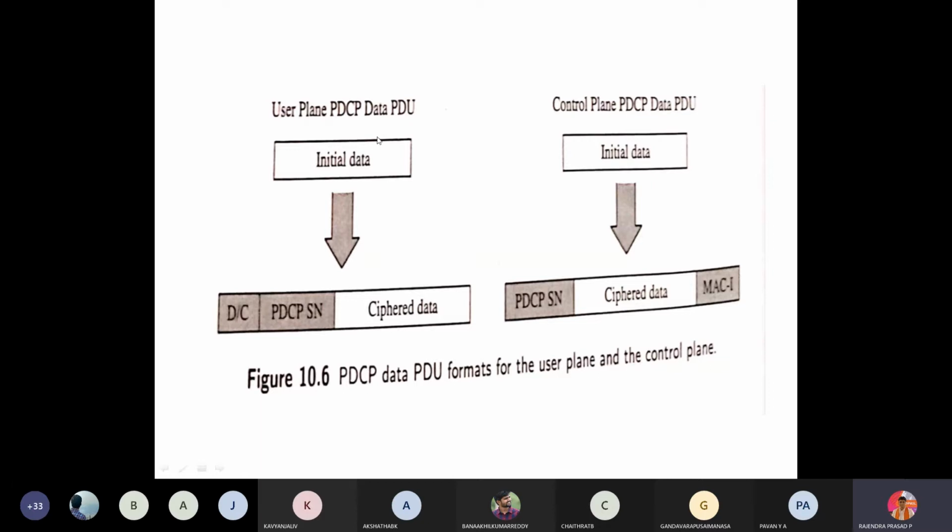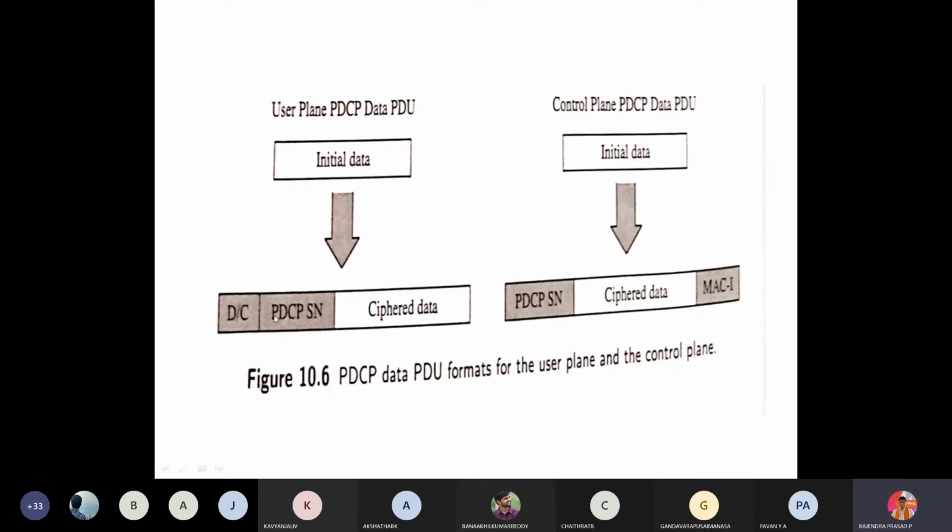So my raw information is converted to encoded data, which we call ciphertext, right? For this ciphertext, I am going to add the sequence number, which I call the PDCP sequence number. And one more thing you can observe: there is D/C. What is this D/C? It tells whether it is a data plane or a control plane PDU.